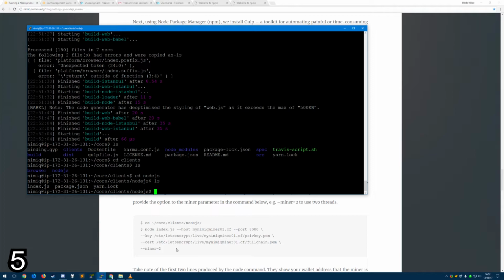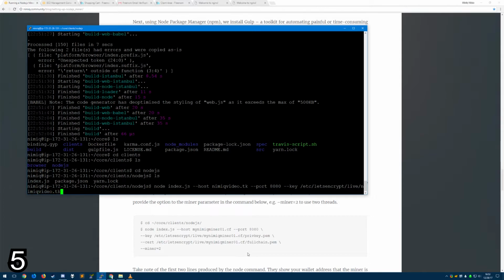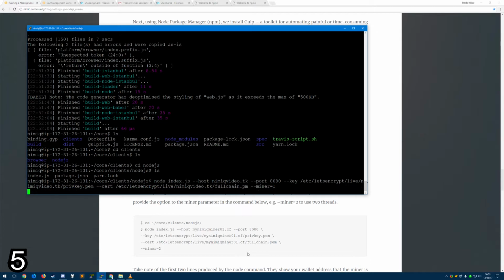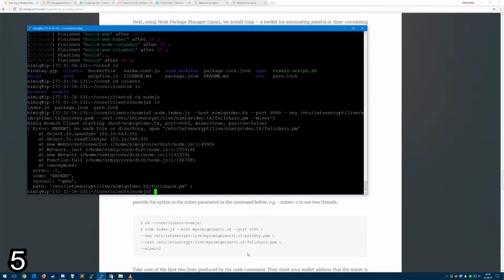The very minimum to run the node, you can enter in the following command: node index.js --host domain name --port 8080 --key /etc/letsencrypt/live/domain name/privkey.pem --cert /etc/letsencrypt/live/domain name/fullchain.pem --miner=2. I use miner equals 1 in this video so I can keep recording without having the system